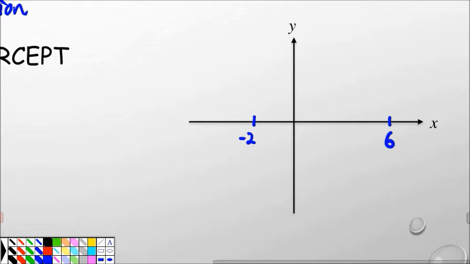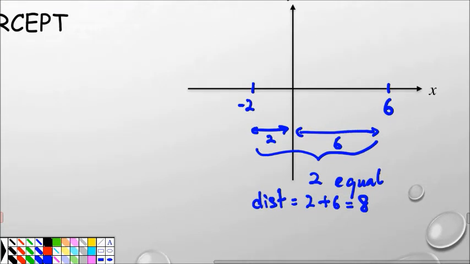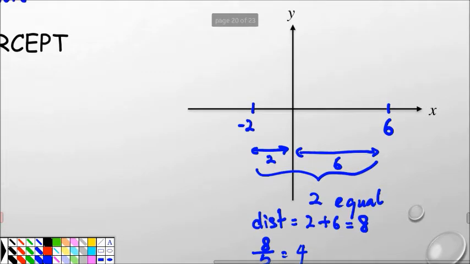Now I want to draw a reflection line, which means I need to draw a line such that it will cut this into two equal parts. Now let's try and calculate the distance. So the distance here is 2, from here to here is 2, from here to here is 6. So I say 2 plus 6 equals 8. So I know that if I want to find the midpoint, it will be 8 divided by 2 to give you 4, which means I need to add 4 to this